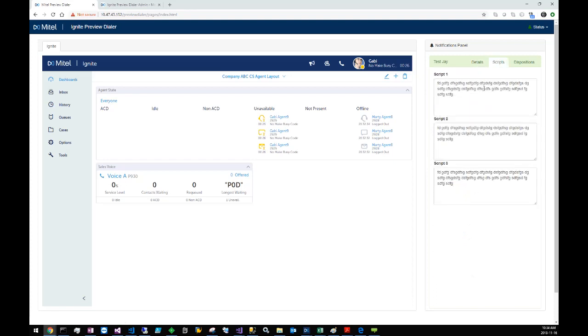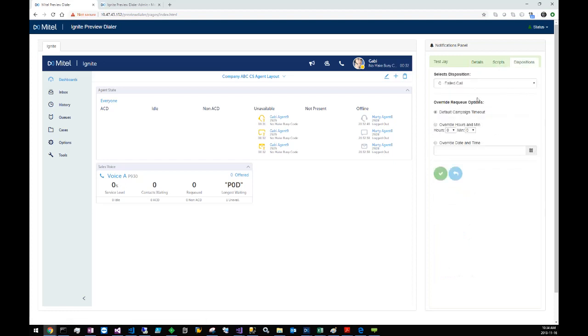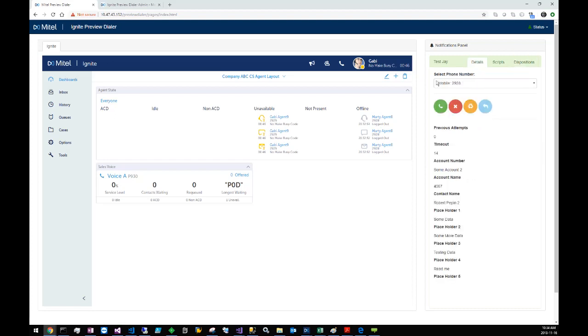The scripts tab will show you the scripts that you may have imported with that import file. And the disposition codes tab is where you outline how the call ended. Now I can't do anything right now, the checkmark box is grayed out because I haven't made a call yet. The disposition codes tab will automatically take focus once you've completed your call. So if I try to dial this phone number,